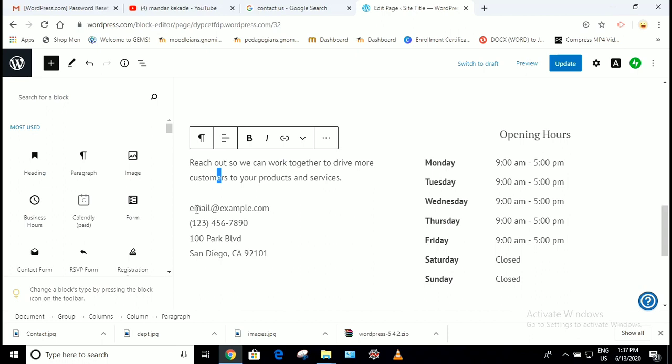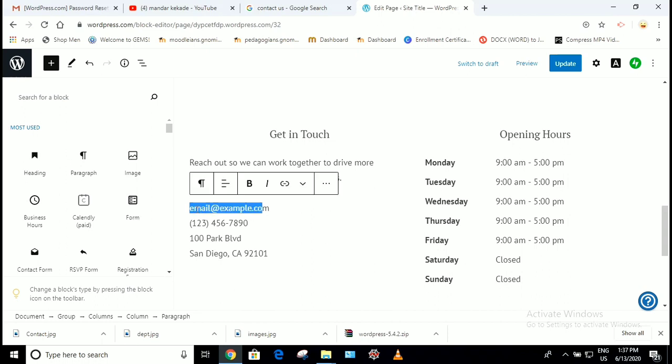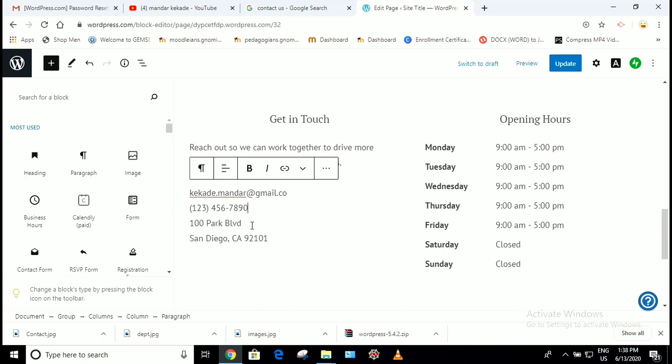For example, I am changing the email address here. Okay, for example, I will write my own email ID, gmail.com. Right? Now, if I want to add my own number, you can also add it here just by selecting the content and pressing the delete button.